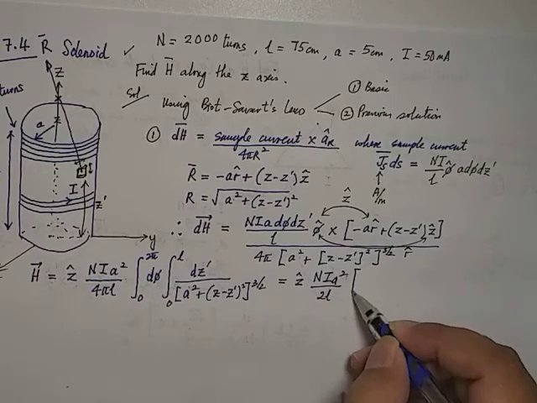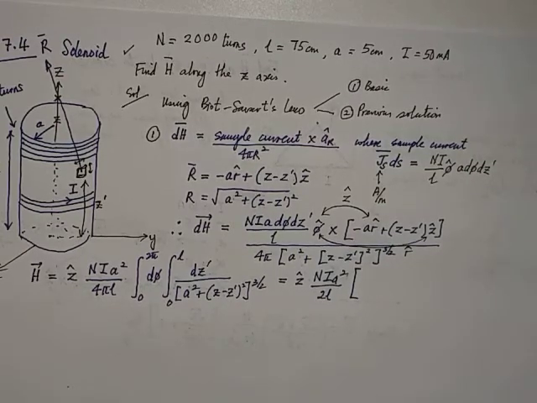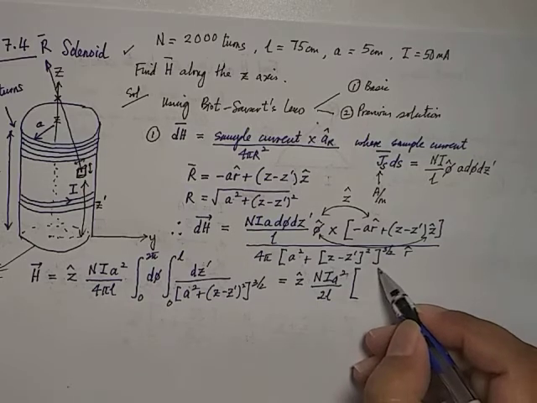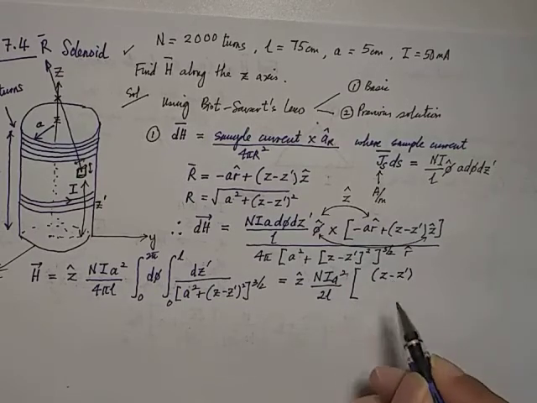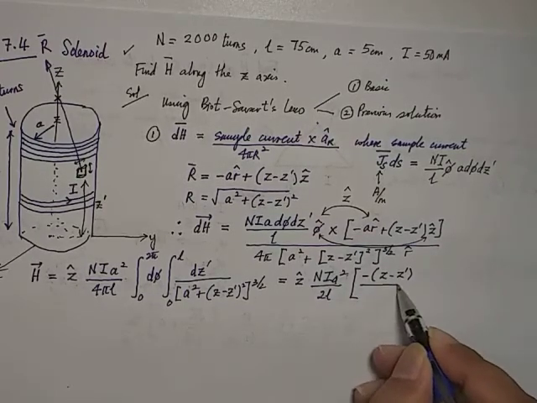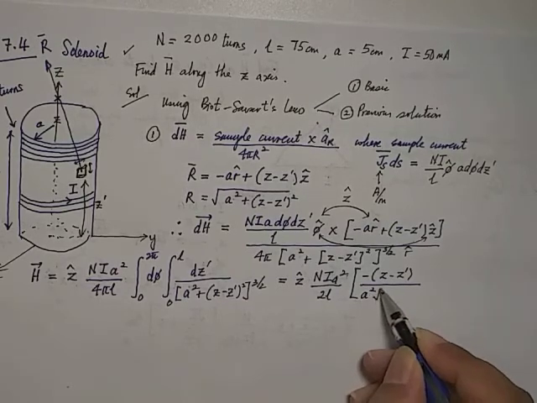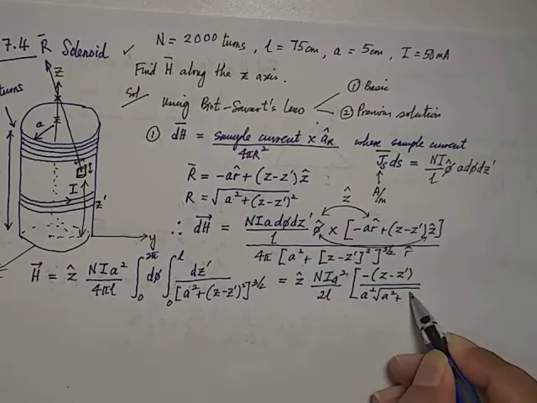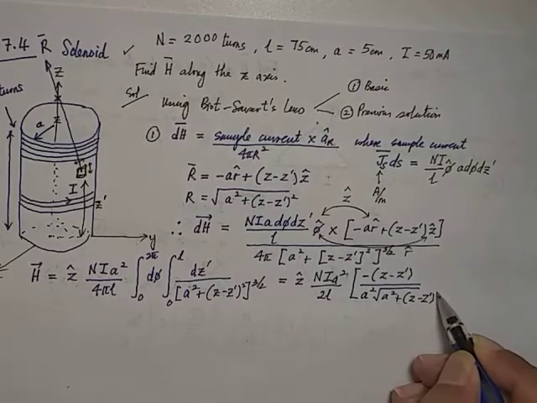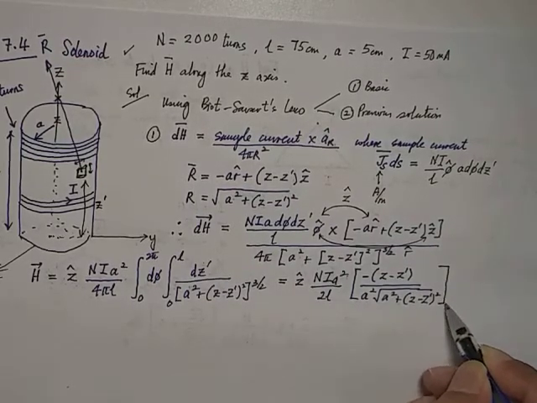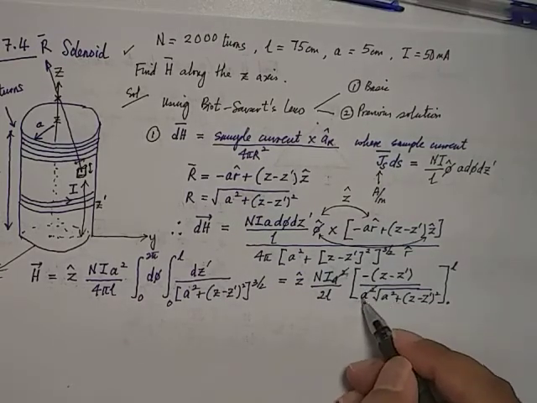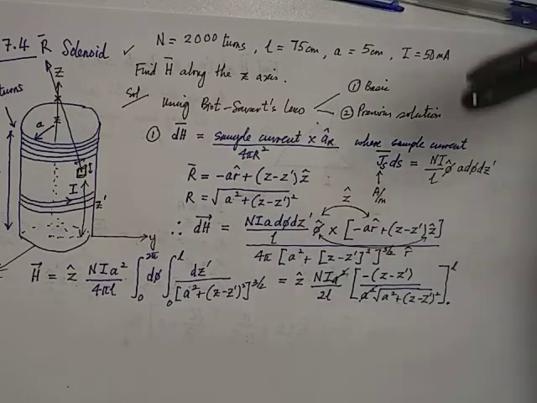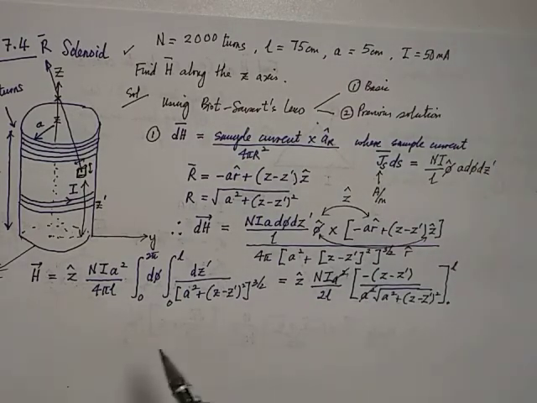Then I'm going to integrate the second part, this term, using the table. The table gives me Z minus Z prime, and since I can see a negative there, I put a negative here, divided by A squared times the square root of A squared plus Z minus Z prime squared, with the limit from 0 to L. Now I can see from this simple mathematics that the A squared term can cancel out. So therefore my final solution will be